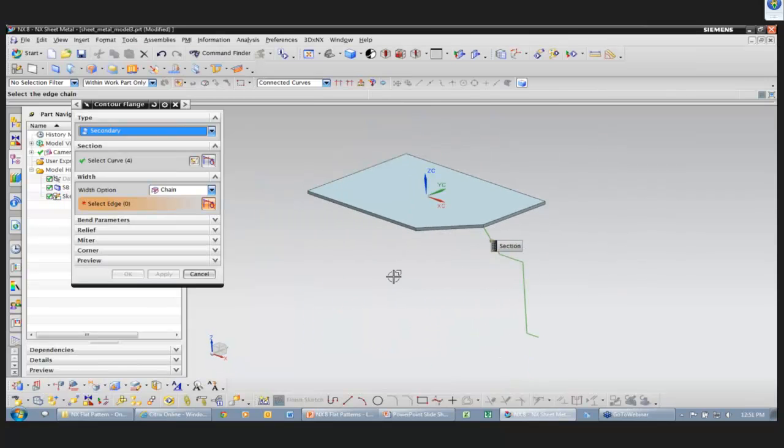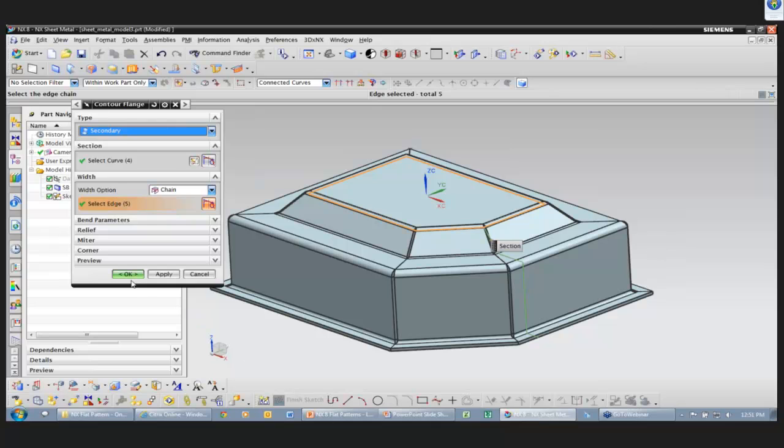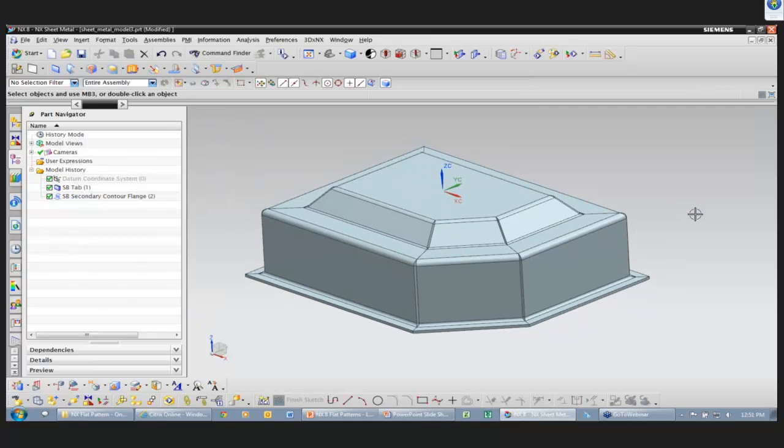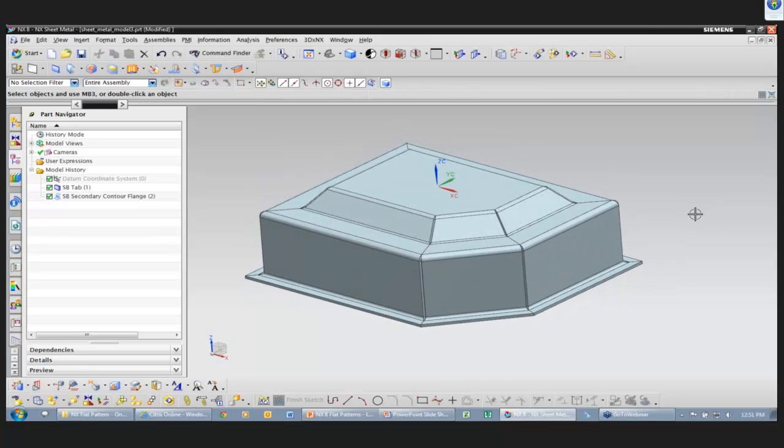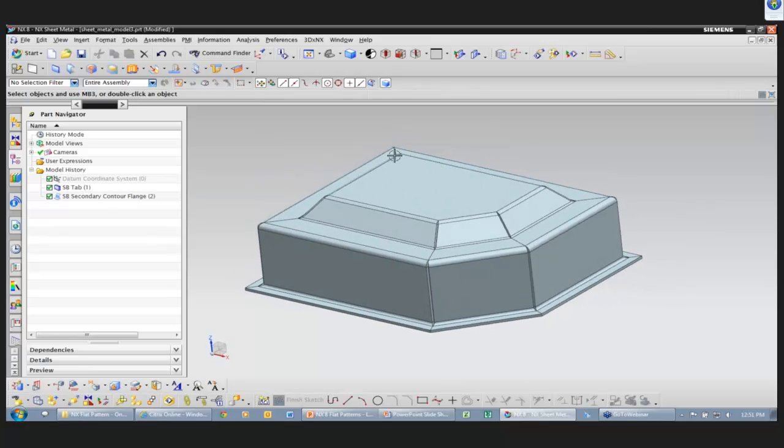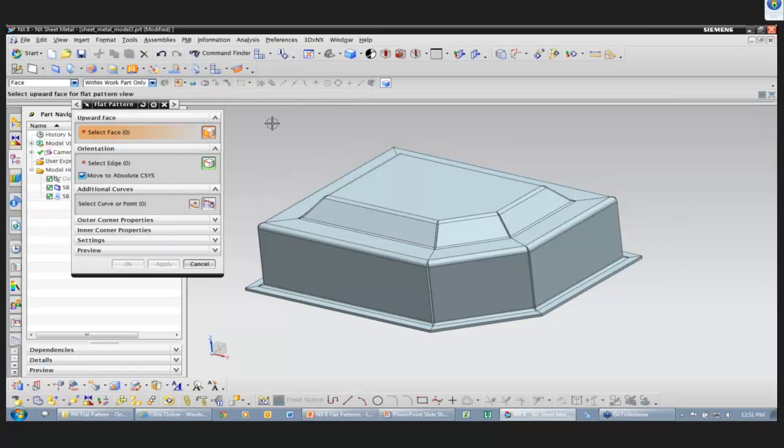So see, it's going to take that profile. I could do a linear kind of extrude, or maybe I want to wrap it all the way around this. Like I said, I'm building some kind of enclosure. So notice how it mitered those corners. You know, we can come in and make that watertight, maybe weld them, etc. But now if I look at the flat pattern of this guy,